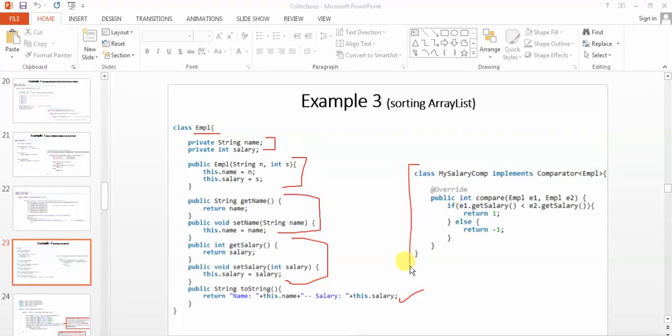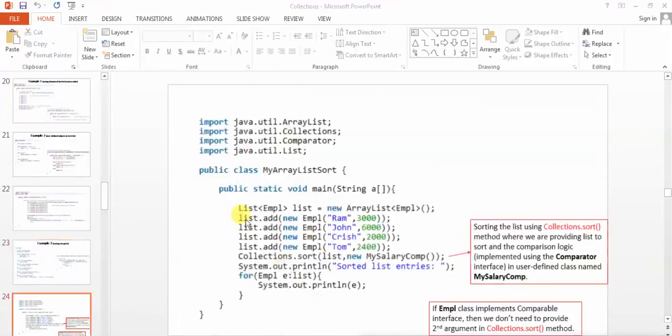Comparison logic using the Comparator of type Empl, that's the name of the class. I am providing the comparison logic on the basis of salary. If e1.getSalary is less than e2.getSalary, then return a positive value, or else return a negative value. So on the basis of salary the objects should be sorted.